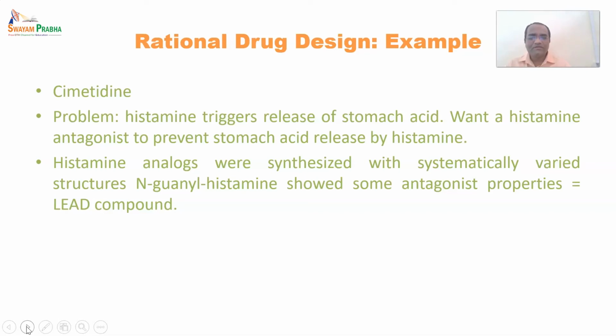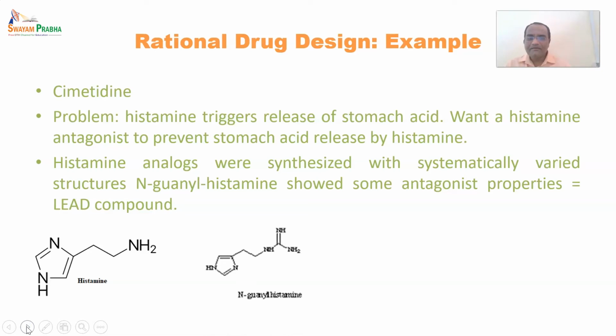So a little bit of modification in the neurotransmitter creates an antagonist, like in the case of acetylcholine also. Acetylcholine is one of the neurotransmitters for the cholinergic system. By a little bit of modification of its structure, it becomes an antagonist. So here we will see how it was developed. This is the structure of histamine,